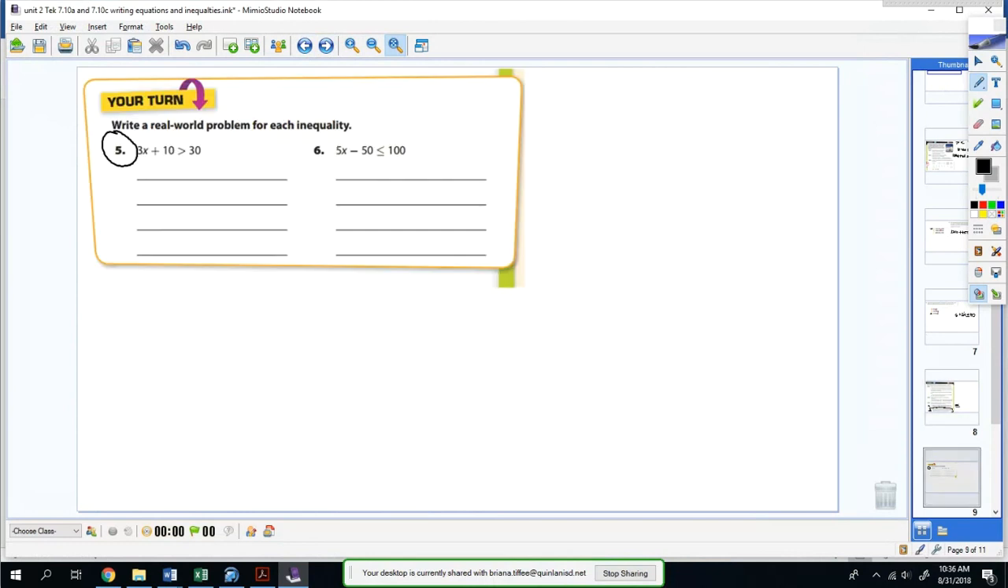Don't be too worried about writing your own problems for inequalities, because when you take them on the test, it's not the fact that you're going to have to write your own problem. It's the fact that they're going to give you an equation or an inequality